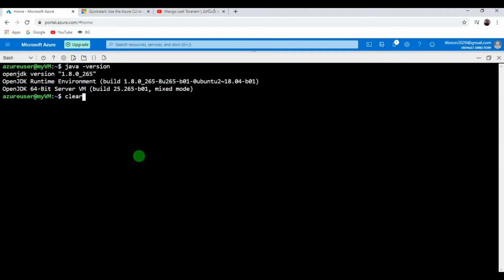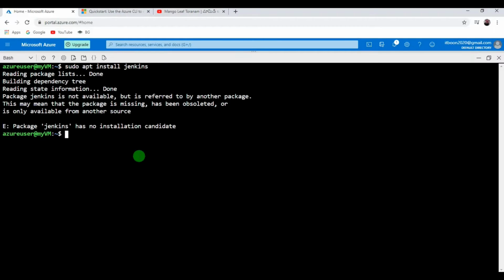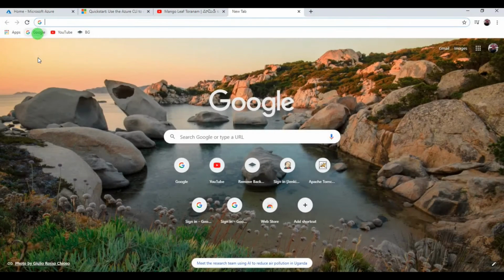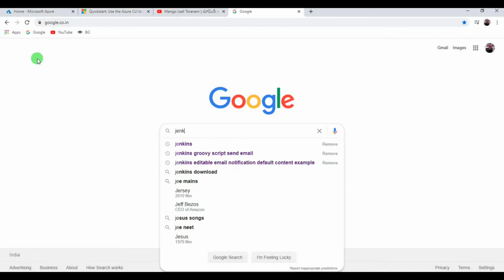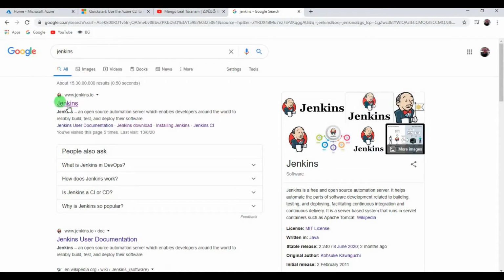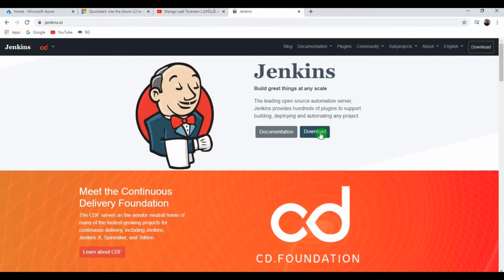Let's clean up the screen, and now we should be able to install Jenkins. So for that, use the command sudo apt install jenkins. The package Jenkins has no installation candidate available in this VM. So for that, we should go to Google, search for Jenkins, open the first website.